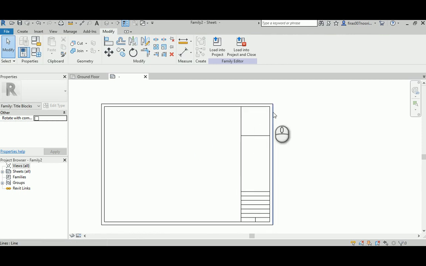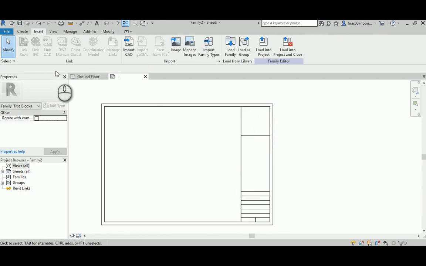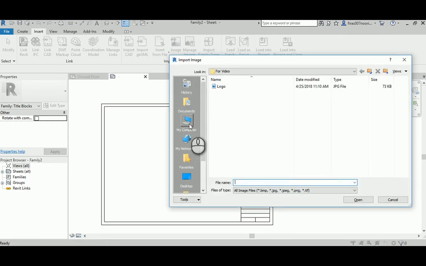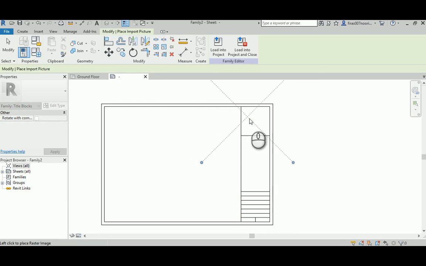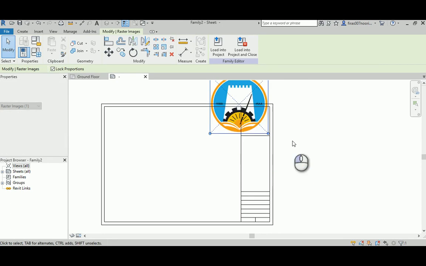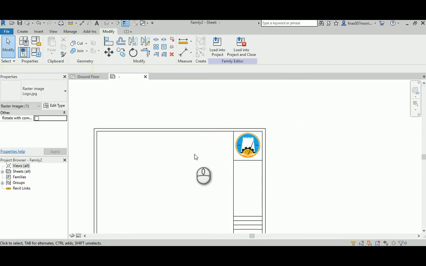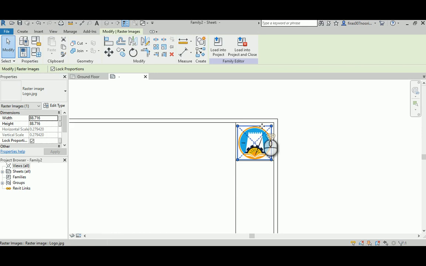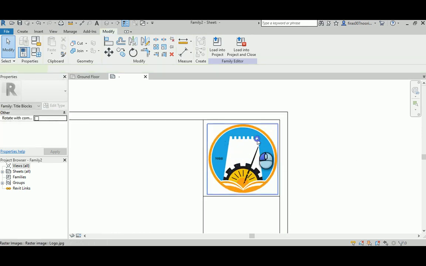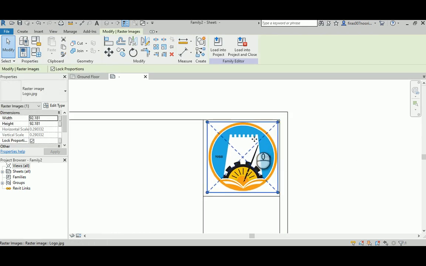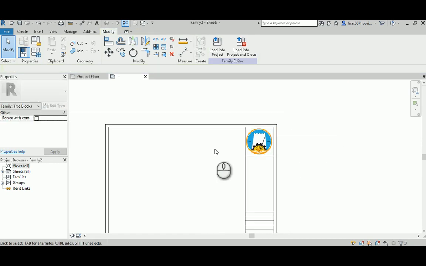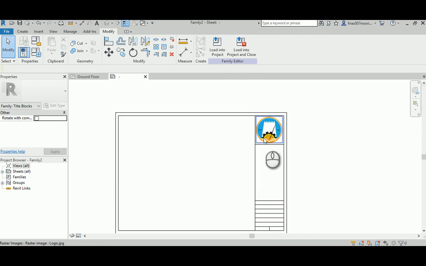So first, let's go to Insert, and the first thing is to insert this as a logo or an image. So I'm going to image, and I'll use this logo for Ajman University. I'll place it here, push that side, and make the size smaller, and that's what I have now. You usually need to place the logo in the top right area of the sheet, or whatever. It depends on where the logo is meant to be placed. Some logos are placed down, some of them placed up. Anyway,